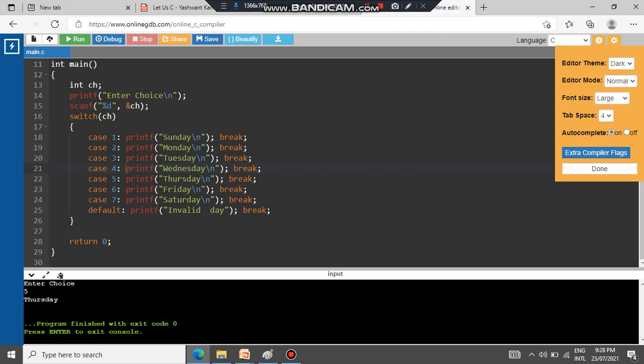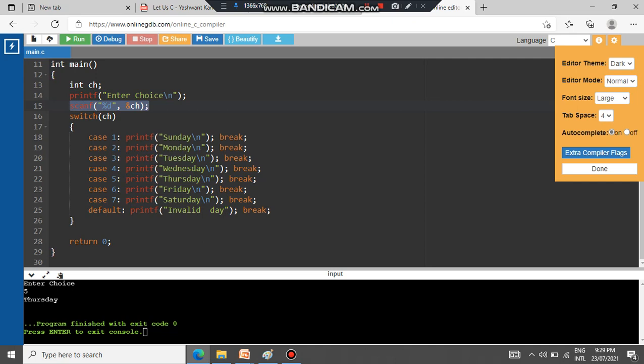So always remember that the C programming language executes sequentially, instruction by instruction. First it starts with line number 11, main will be executed, then this ch will be declared and initialized, and printf for the choice will happen, then you will read the value, and after that one by one it will check the cases.